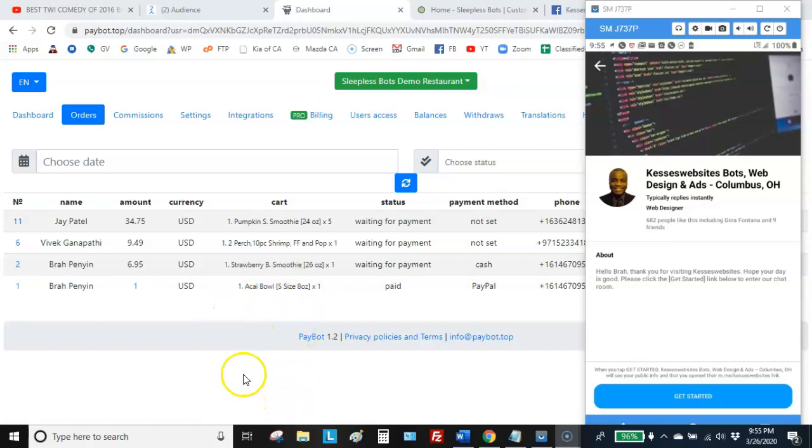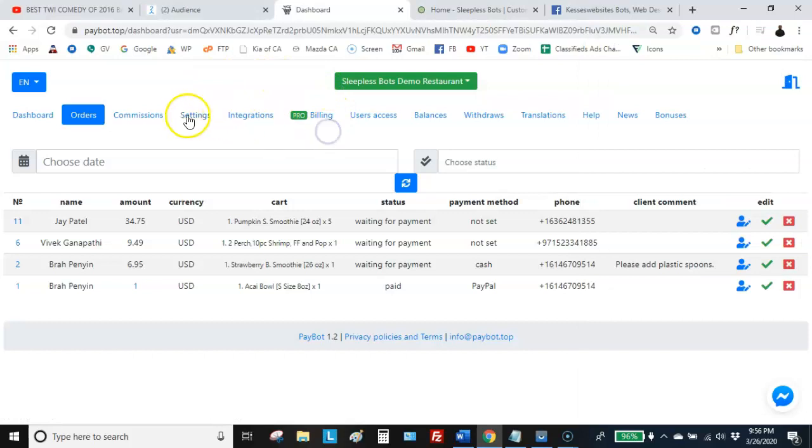So just as I promised, I told you I was going to do a video for you guys. And we have been able to successfully integrate the Authorize.net into PayBot. So in this video, I'm just going to demonstrate to you how it all works together. I will also be showing you a few other things about the chatbot that I built for restaurants. Let me know if it's something you'd like to use in some of your upcoming restaurants that you'll be working with. All right, so let me start off by going to how the Authorize.net is set up in the